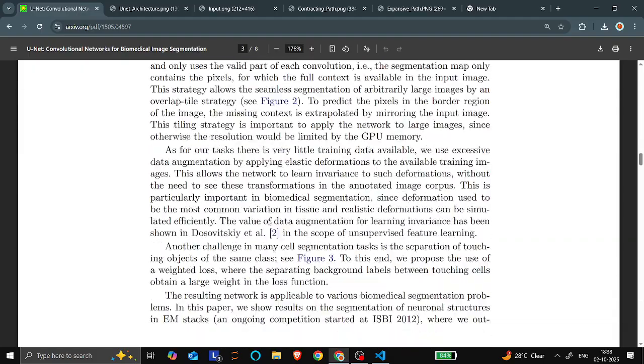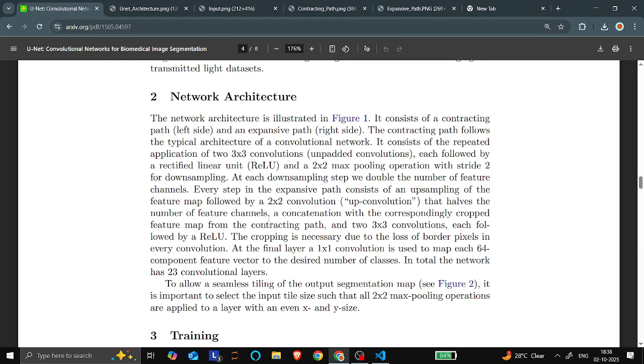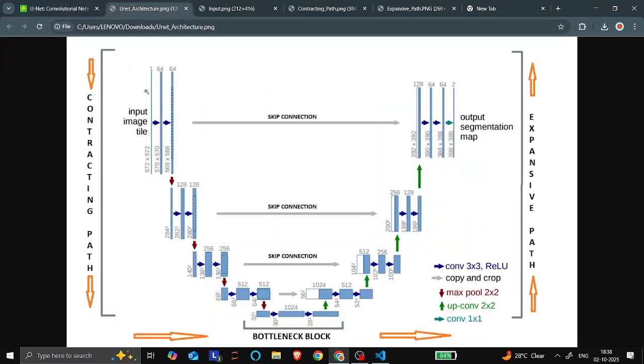I'm not going into the model explanation part; I will go into the code implementation. So this is the network architecture. From this image we can see that it takes an input image of size 572 by 572. Then it performs two convolutions. The first convolution gives 570 and the second convolution gives 568. Then we perform the max pooling layer and again convolution and again